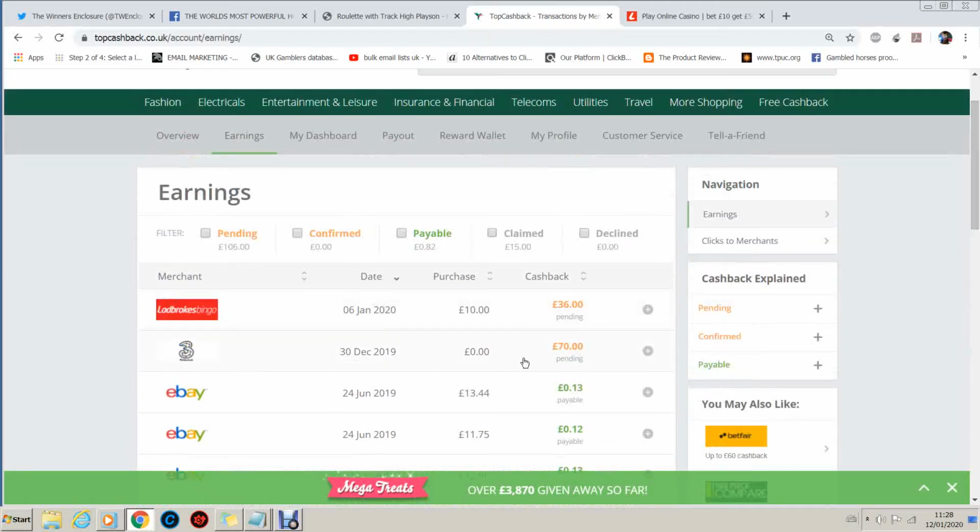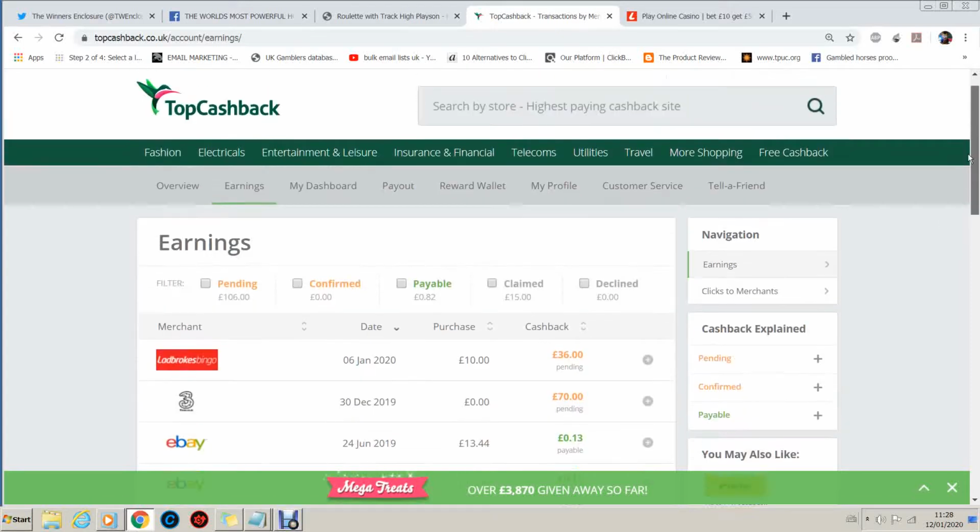I joined the 3 network with a SIM card for a 2-year period. So basically I get 6 months free because that was a really good deal. £10 everything in per month. I've got £70 coming back off that. That'll be available in about 6 weeks from now. But yeah, £100